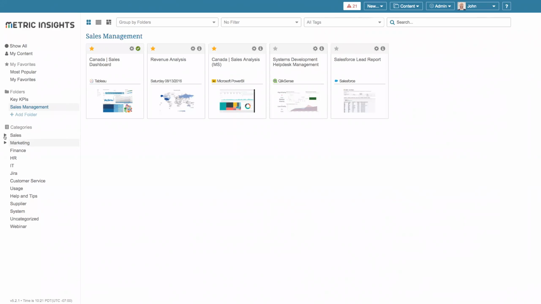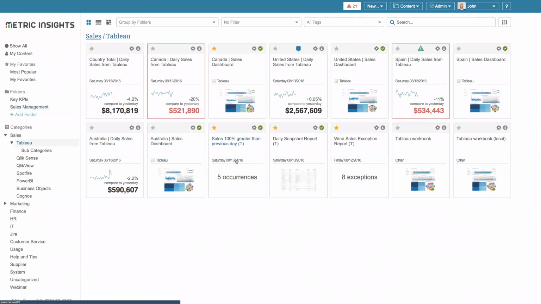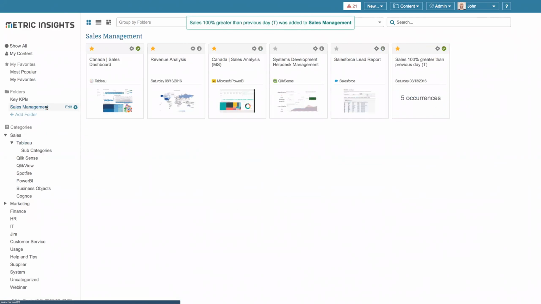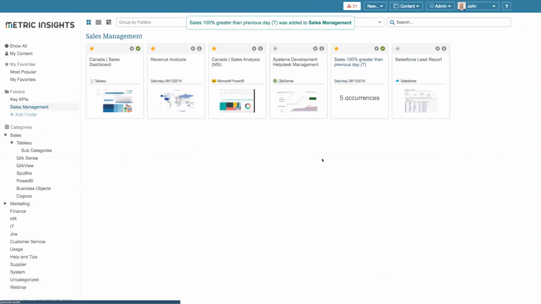And now I'm realizing, taking a look at this, that I would love to add one other piece of content here to my folders. I can drag and drop it here, put it back in my sales management folder. At this point, I can decide to reorganize my tile. And now I see the information that I would like to go ahead and burst. For bursting this information, I simply need to right-click on that folder and say, I'd like to include this information